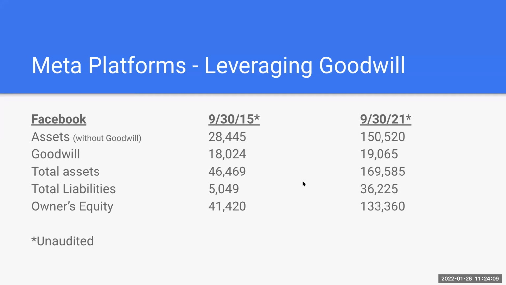So Meta Platforms or Facebook, right? We want to encourage Meta World Peace to make a deal with Meta Platforms right over here. So Facebook, September 30th, 2015, September 30th, 2021. The assets of Facebook at this date in 2015 were 46 billion. Facebook has made a lot of extremely strategic acquisitions. Oculus Rift, I always refer to them as Optimus Prime, but then I'm reminded that it's not a transformer, Bennett, that's something else. But over here, you've got goodwill of 18 billion.